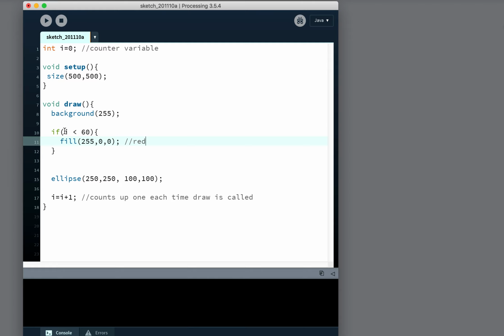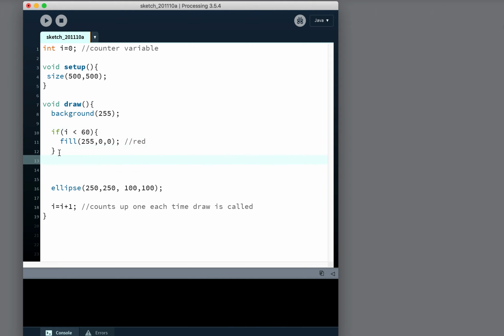When I has a value of 0 to 59, this first condition will be true, and that will be the fill that applies to the ellipse because it'll be the one that comes before it. Our second condition, we're going to write an else if, because we're talking about different values of the same variable. So I'm going to say if